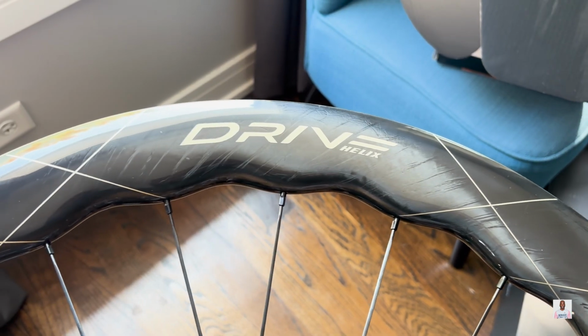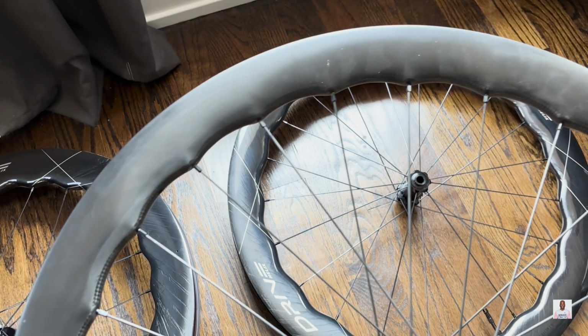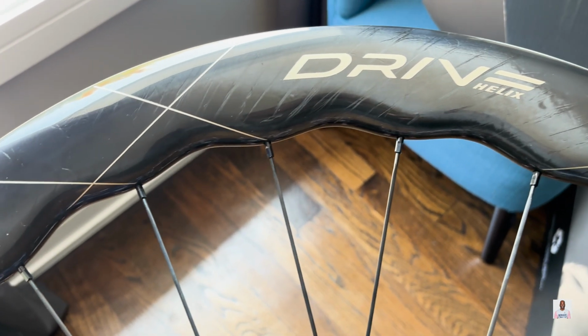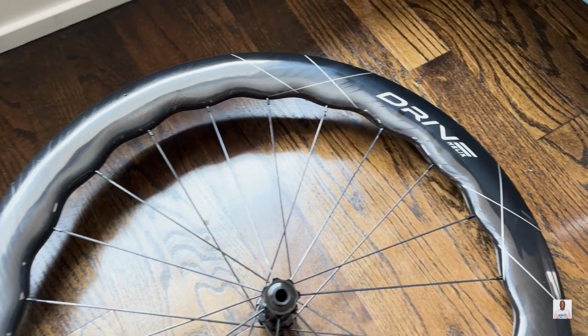So with this gloss look on these rims, I absolutely love the way it looks. It just really pops in the sunlight. I understand that having gloss wheels is not everybody's cup of tea, but I just really love it. It looks fantastic. And one of the things that Elite Wheels has always done a fantastic job on is with the fit and finish. From the finishing on the rims to just the way the spokes have been installed,